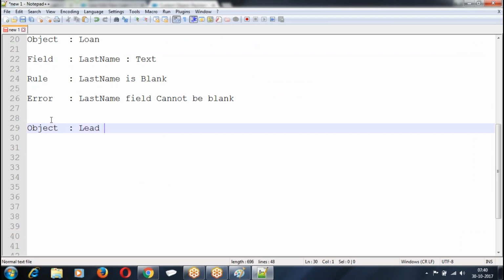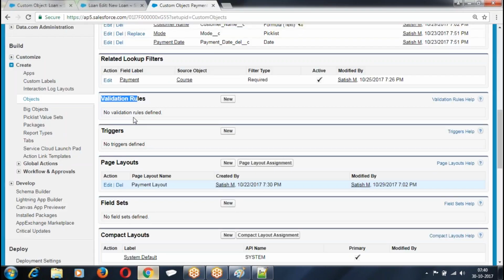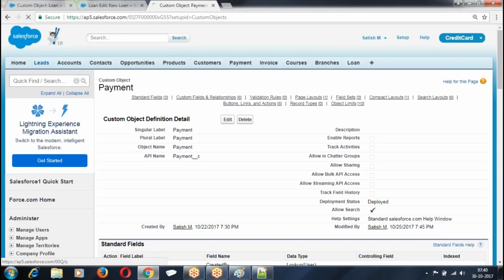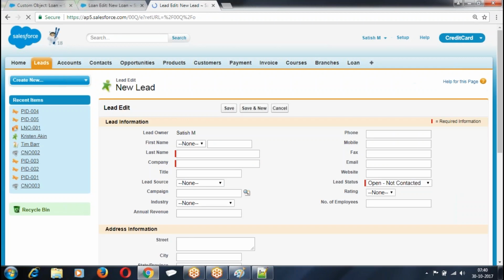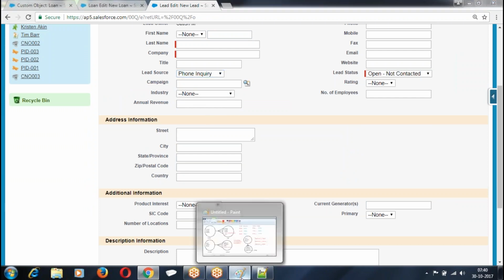lead object. We are taking a lead object. What are the fields? Phone, lead source. If you go to the lead object, you have lead source: web, phone inquiry. What was the rule here?